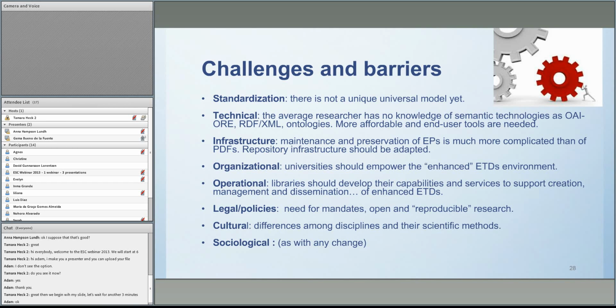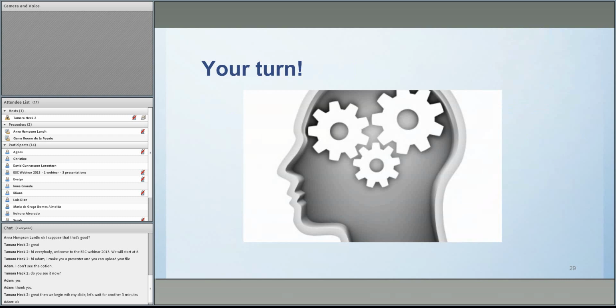So maybe you that are really working on your dissertation, do you have any other idea, any other challenge, or do you see the enhanced publication, the enhanced doctoral dissertation, really far, or do you think this is close to you? So these are my ideas. You can, of course, agree, disagree, or